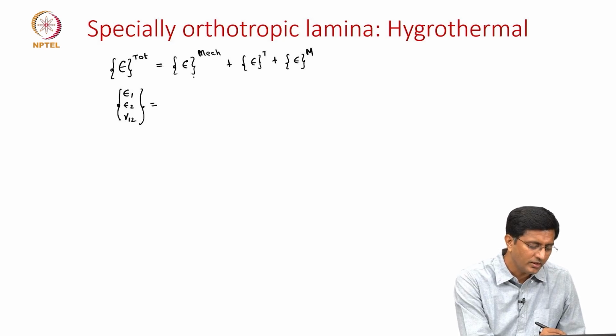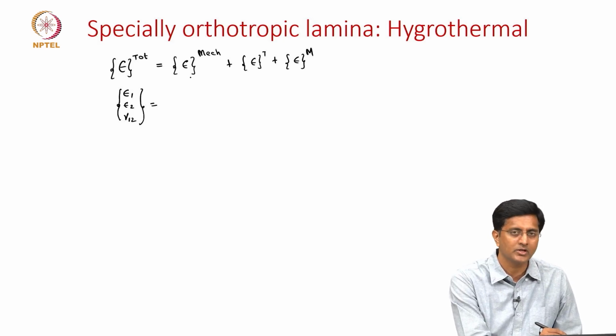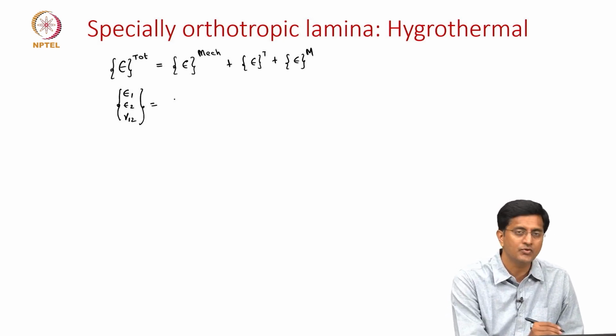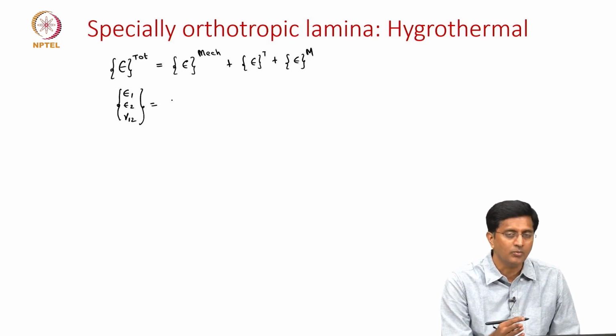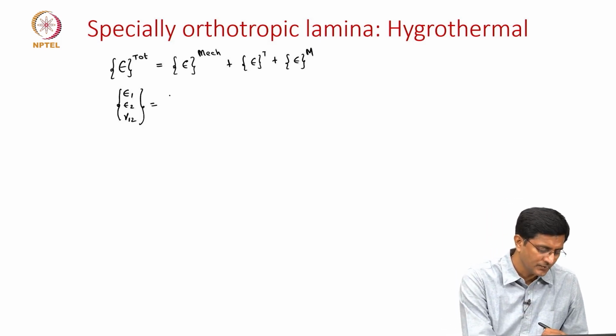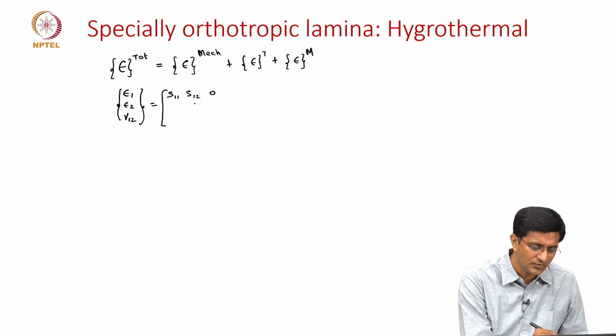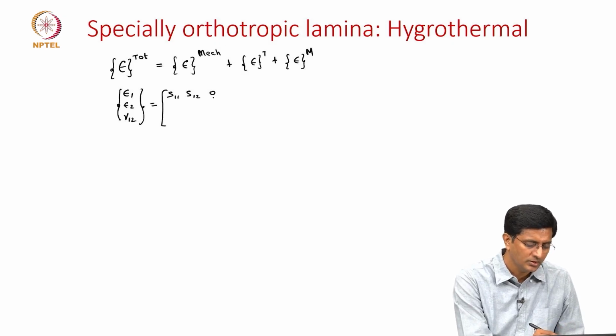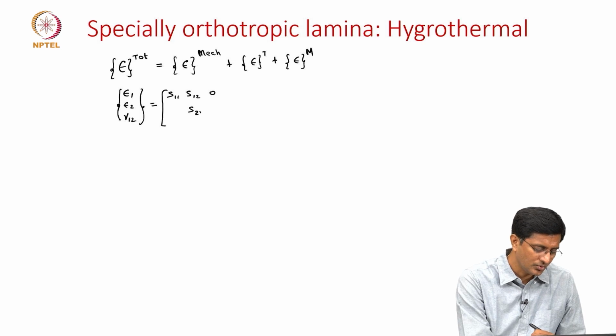And we'll start by rewriting the strains for the mechanical contribution. We will write it as a product of the compliance matrix times the stresses. So the compliance matrix, if you recall, is written in terms of S11, S12. Since we are talking about specially orthotropic, there is no extension shear coupling, so it goes to 0, S22, 0 again, S66 times the stresses, which are sigma 1, sigma 2 and tau 12